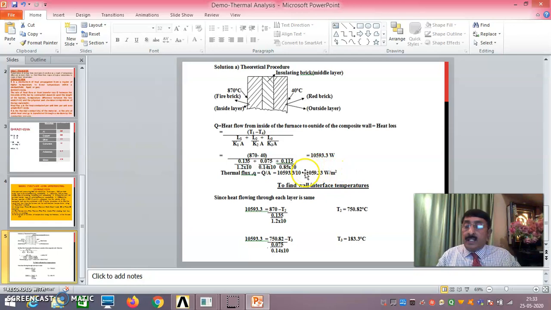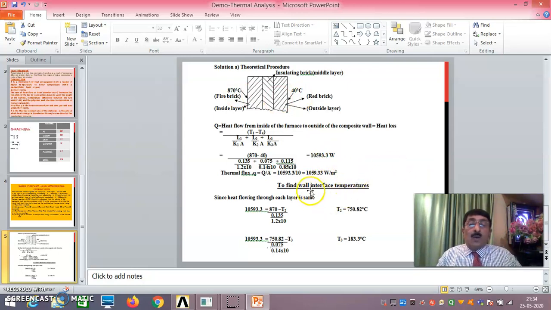This you are getting it in the computer. That is in the answers. Okay. That is why we don't worry about the thickness, area and all that. We will not worry about, sorry, the area, that is area perpendicular to the heat flow. That area we don't bother. We bother only about the thickness or the total length and all that. This is 1059.33 watt per meter square.